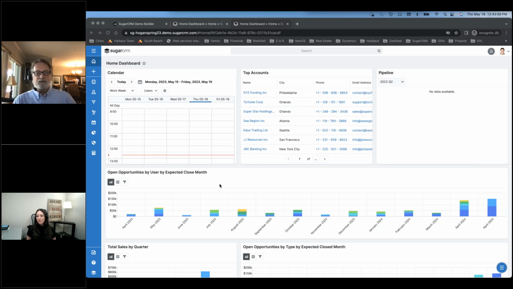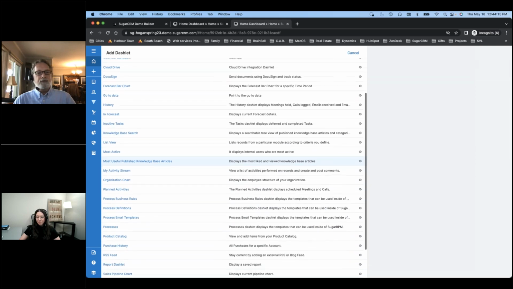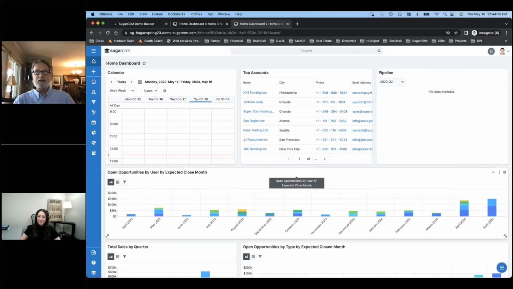So I'm looking here at the home dashboard. For those of you who don't know, you've had the ability to add charts to your dashboard by putting it in the reports dashlet. So first thing you'll notice here is when I come to add a dashlet, this used to be called the saved reports chart dashlet, which is a big mouthful. They've now reduced that to just the report dashlet. So it's almost in the same spot it was in the list before. Then once you add that,